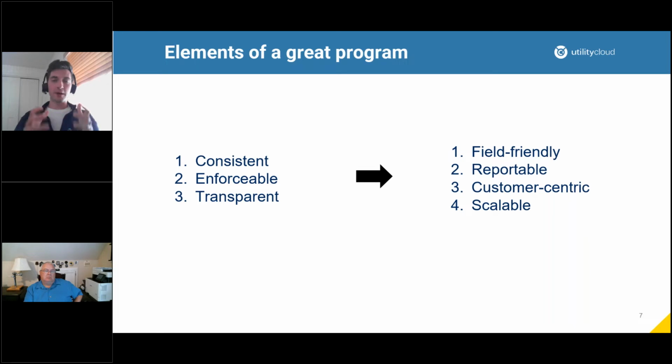So, field friendliness: a mobile application that can effectively capture data from the field. Two, a technology or platform that can aggregate that data and report it in a meaningful way, either internally or externally to your customers, to your inspectors, what have you. Three, that it's customer centric, meaning that it's able to help you communicate the results and consequences to your end customers. And finally, that it's scalable. What I mean by scalable is that